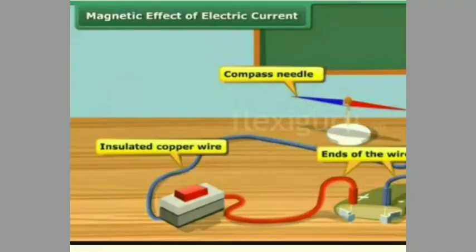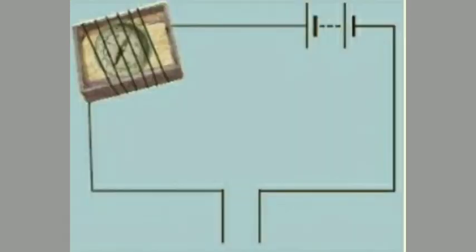We can use another effect of an electric current to make another kind of tester. Do you recall that electric current produces a magnetic effect? What happens to a compass needle kept nearby when current flows in a wire? Even if the current is small, the deflection of the magnetic needle can be seen. Let us understand with the help of an activity.